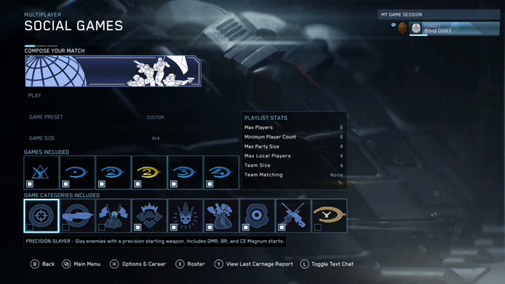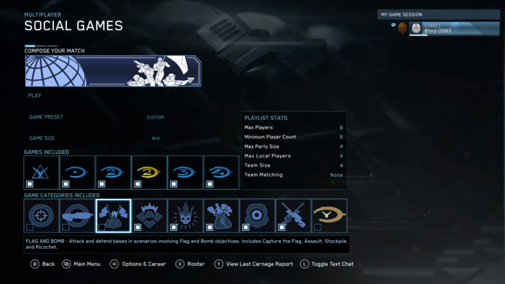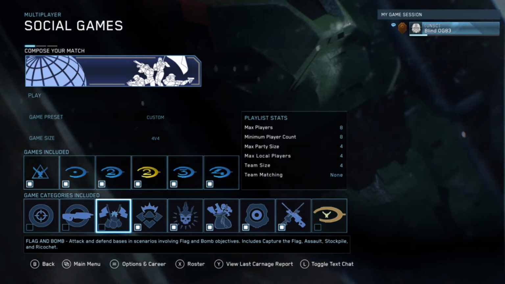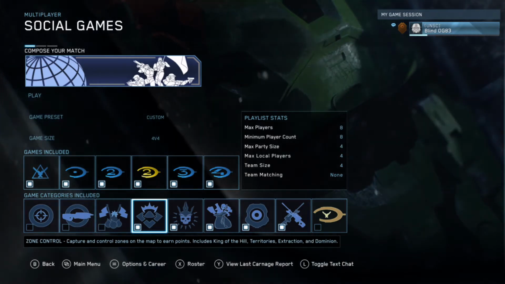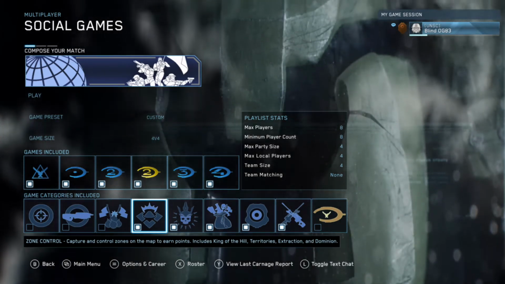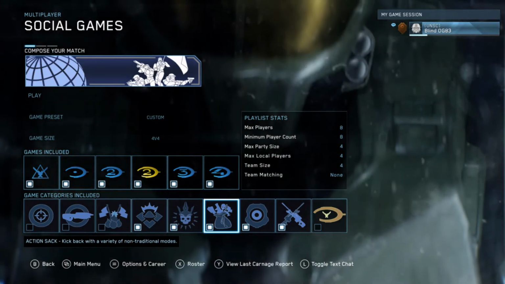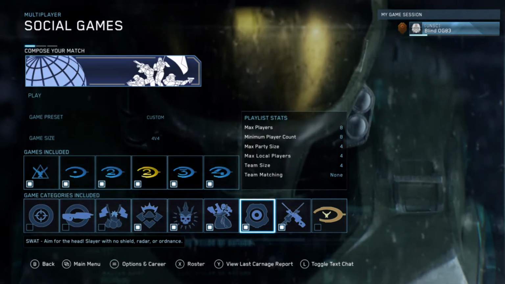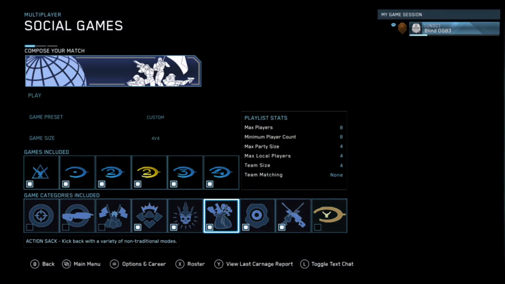Alright, and then these are kind of like the weapons, I think, that are loaded. Flag and bomb, checkbox, off. Oh no, these are the types of games. Zone control, checkbox, on. King of the Hill. Asset denial, checkbox, on. Action sack, checkbox, on. SWAT, checkbox, on. Snipers, checkbox,